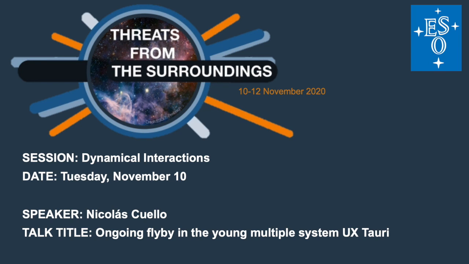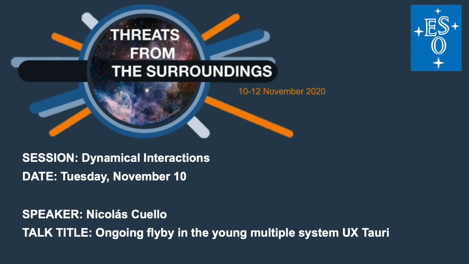The interesting thing is that all these systems are triple stellar systems and seem to be in hierarchical configuration. So the following question is: is this hierarchical ejection, or is it a random encounter? And the interesting thing is that flybys are able to reproduce the disk morphology, although we all know that flybys should not be very likely. We seem to be witnessing many of them.